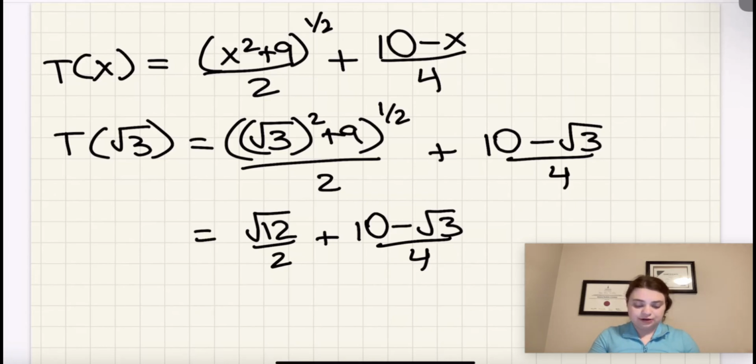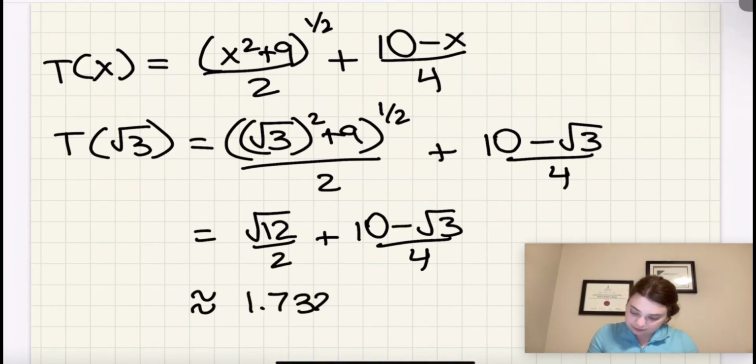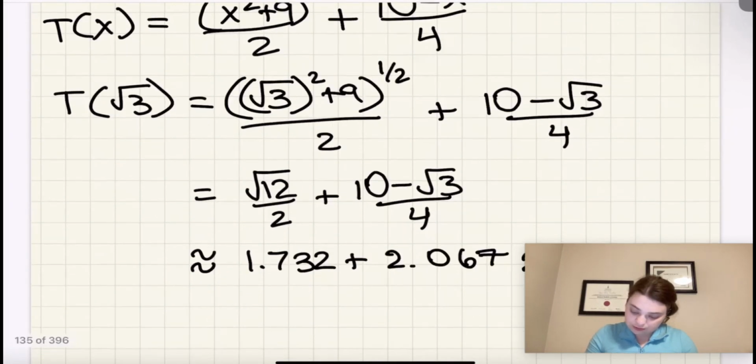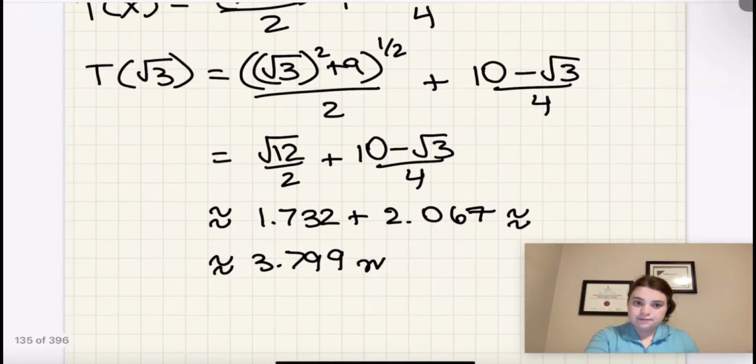So I'm just going to use a calculator to figure it out. For this part, it's approximately 1.732. Then for this part, we're going to get 10 minus square root 3 divided by 4, which is about 2.067. So that overall would approximately be equal to 3.799. And what were the dimensions again? They were hours. So that is about how many hours